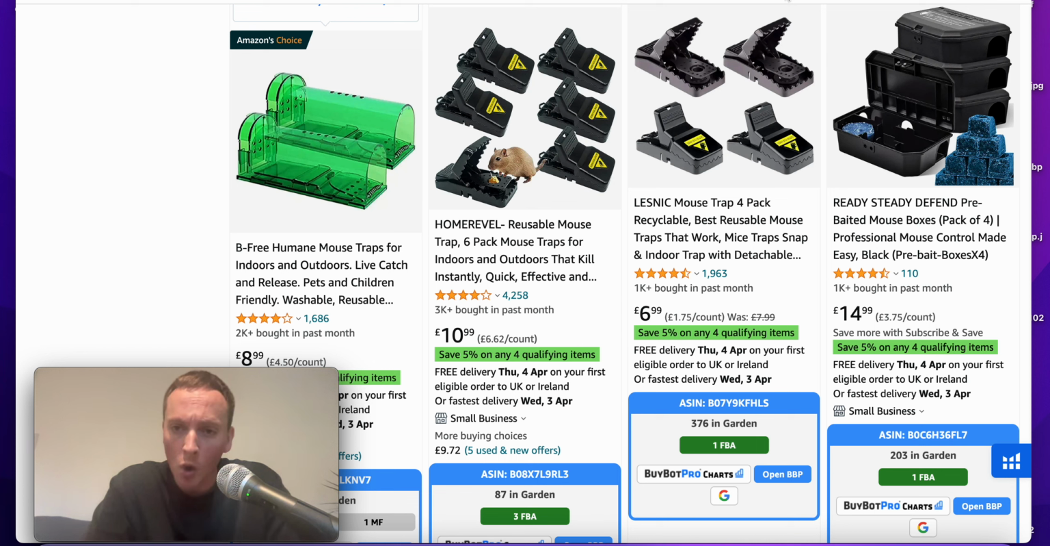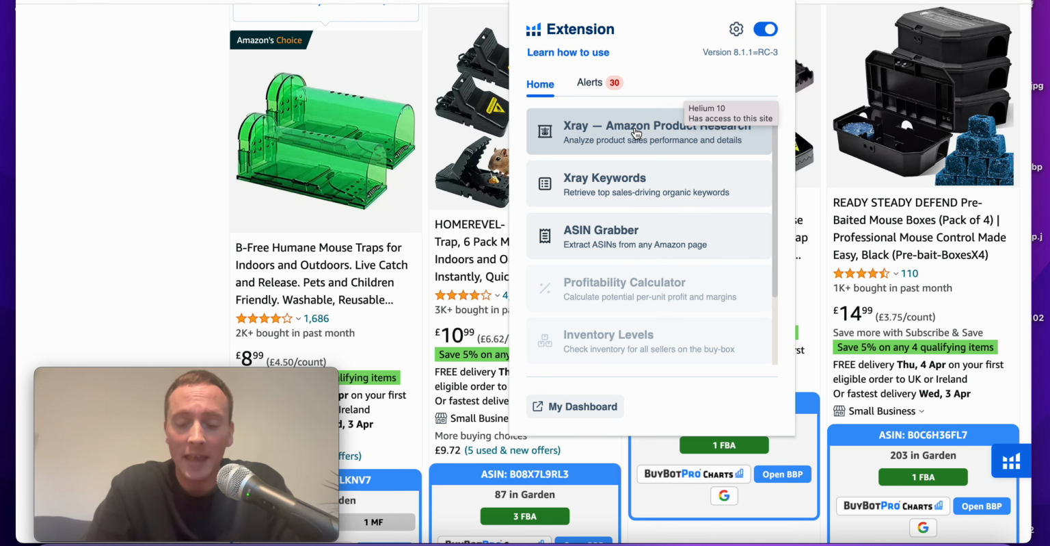So what I'm going to do is go to the top of the page and hit the X-ray icon there